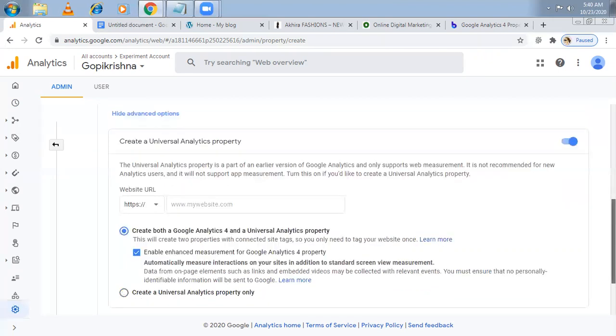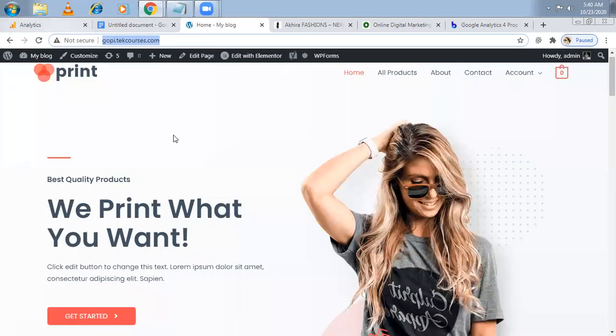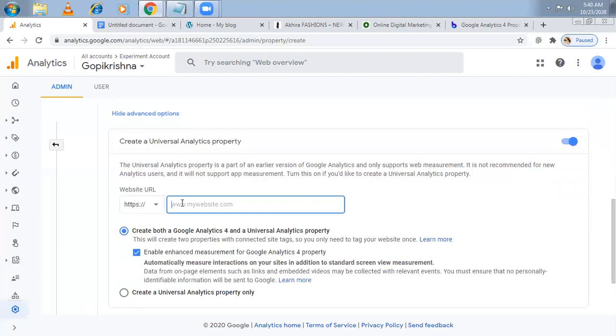Now here, it's asking for the website. Let me paste the website. And this is HTTP, let me remove this. Yeah, see, by default what it did,